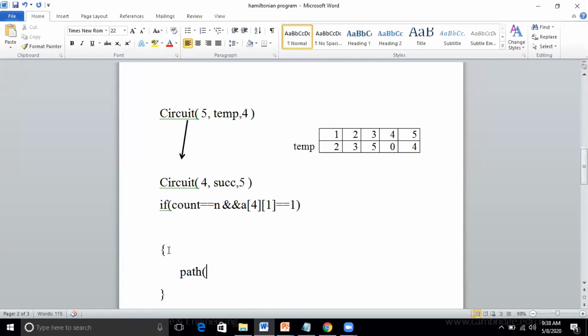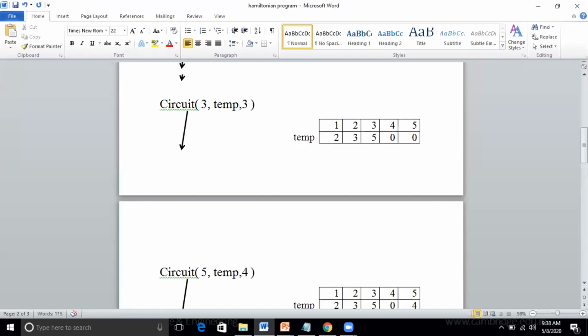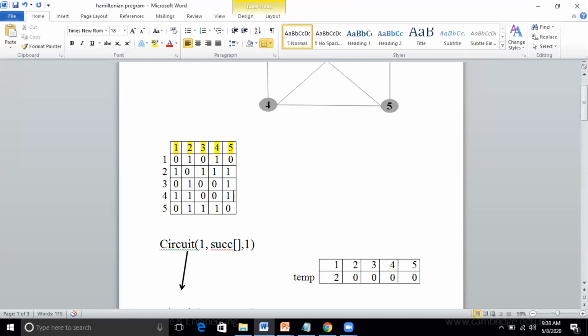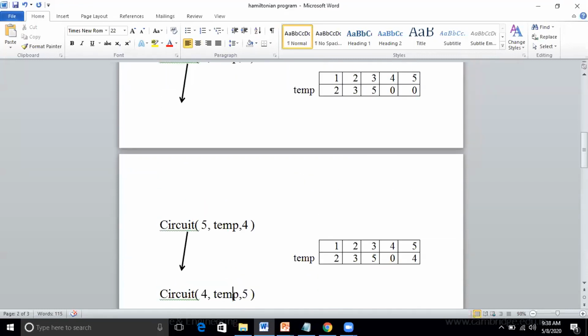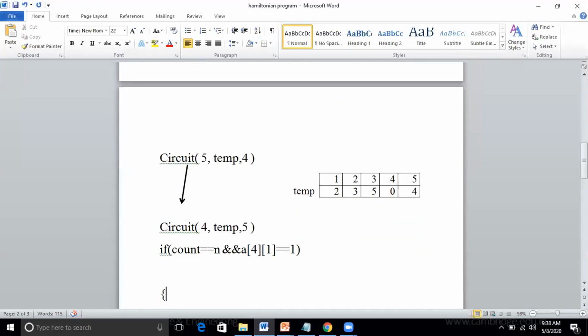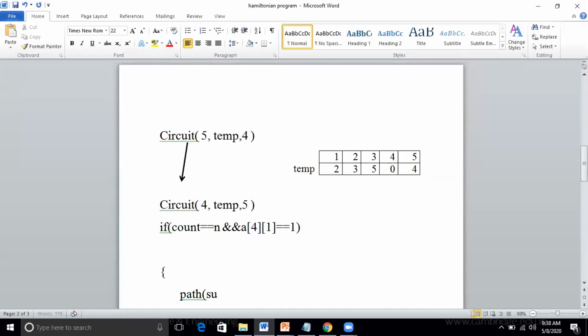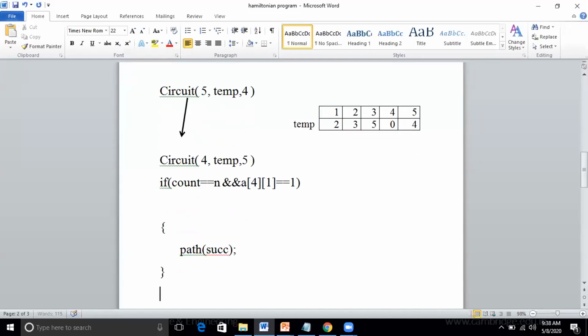But for this function, the actual parameter was temp, correct? But formal parameter initially, what was the formal parameter? Successor. So now, actual parameter is temp, but formal parameter is successor. So I'll pass successor here. So I'll write one function called path function.